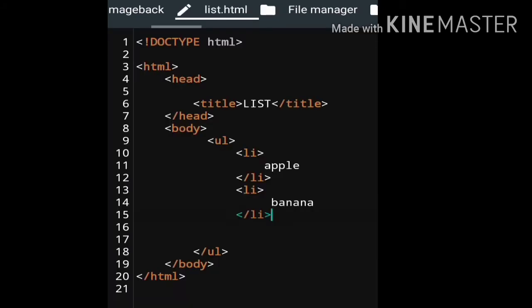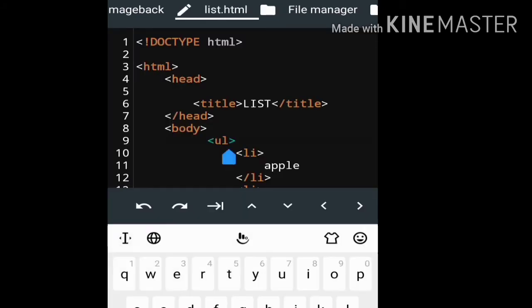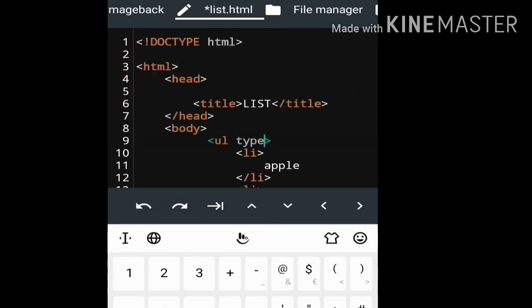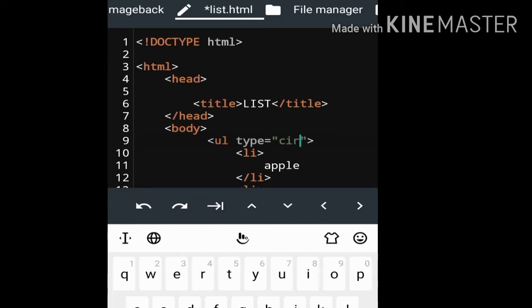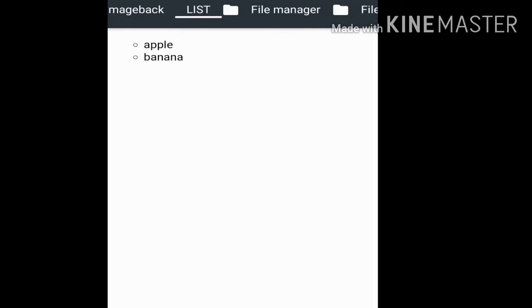So if I give ul, then I have to use the attribute type here. If I use the attribute type as circle, save, and then see here, it will give a circle, only this type of circle.